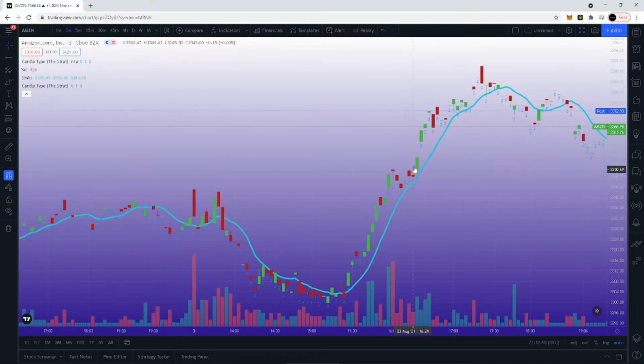When the SMA is pointing upwards, you're gonna be long here. So you can see the stock is going up. This went from 3307 to 3369. So that's a $60 to $70 move in one day. That's insane. If you guys got long contracts, your contracts would probably be up thousands of percents from this huge